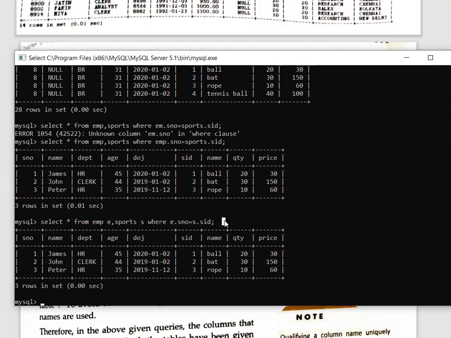Many times you will see that it is given in the book multiple times. It is your choice. Anywhere in the program, you can use both EMP as well as E, either the name of the table or E. Similarly, anywhere you can use sports and anywhere you can use S. It is completely your choice how you want to do it.